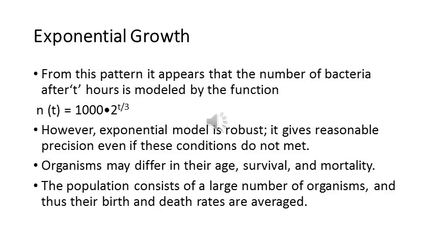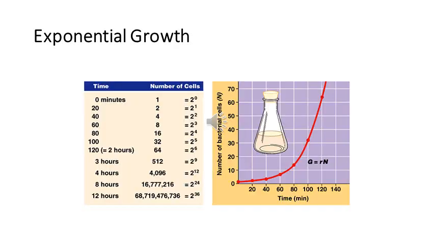for calculation of the exponential growth model. In this slide you can see a tabular and graphical representation of exponential growth of a cell culture. On the left side you can see a table of a cell culture where the doubling time is 20 minutes for that cell. Starting from one cell, the doubling time is 20 minutes. The start, 2 raised to power 0, means 1, meaning the population consists of one cell only, which doubles after 20 minutes, 2 raised to power 1, and after 40 minutes, 2 raised to power 2.